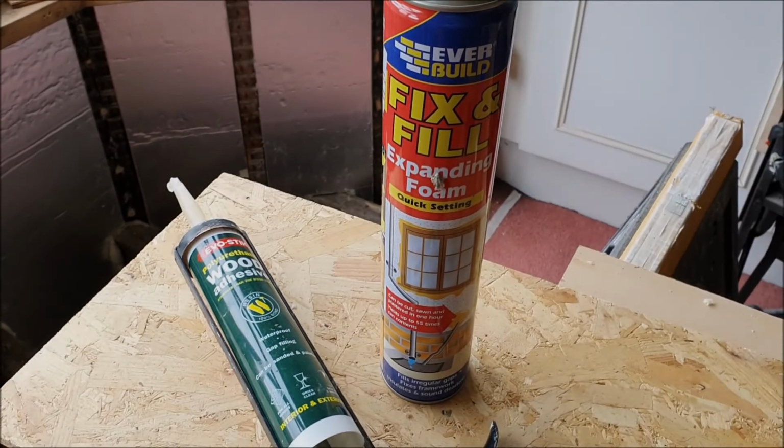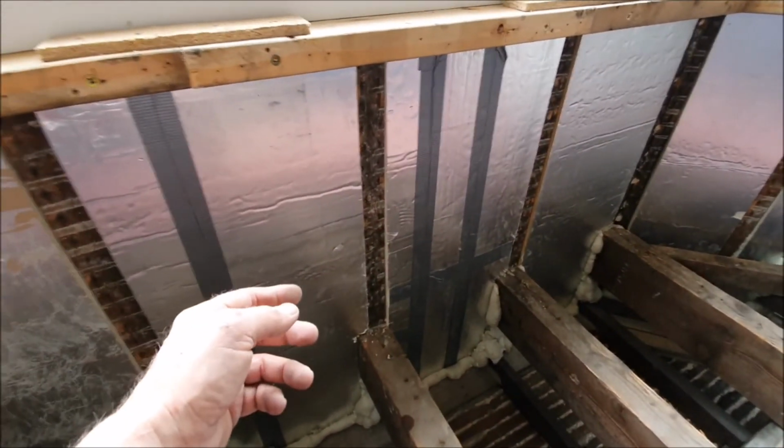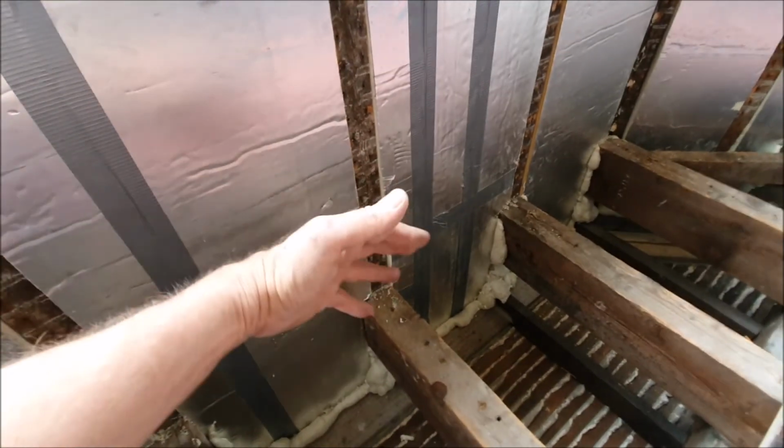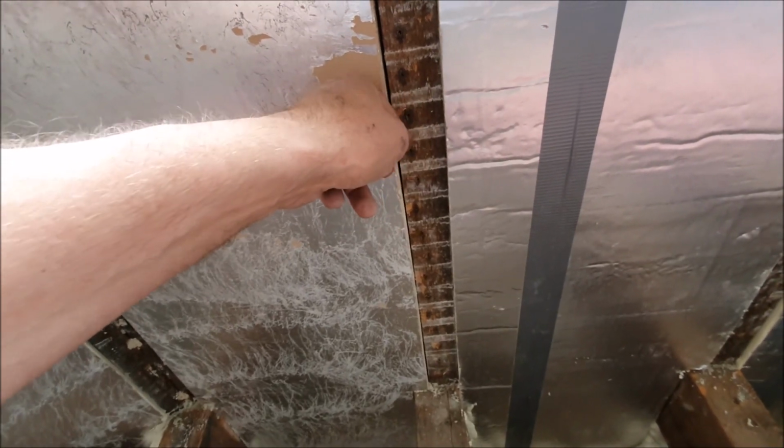Nearly finished with the filler and my first layer of insulation for the windows. I've got these boxed in and I'm ready for the second layer, or almost ready. Now where I've left a little bit of a gap there, I can still feel a little bit of a draft, so I've got some of